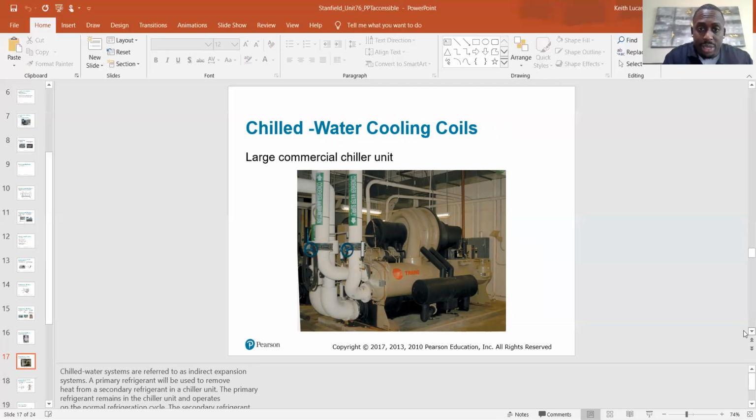It's a big chiller right there. So chilled water cooling coils. Chilled water systems are referred to as indirect expansion systems. A primary refrigerant will be used to remove heat from the secondary refrigerant in the chiller unit. The primary refrigerant remains in the chiller